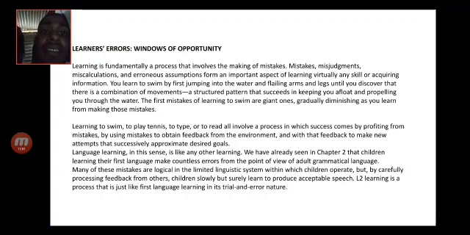Many of these mistakes are logical in the limited linguistic system in which children operate. By carefully processing feedback from other children, they slowly but surely learn to produce acceptable speech. L2 learning is a process